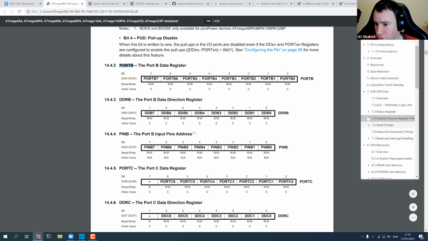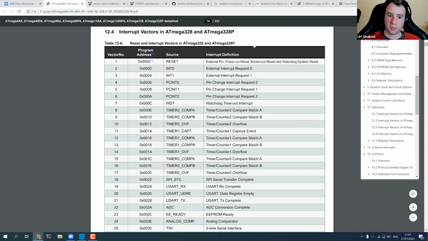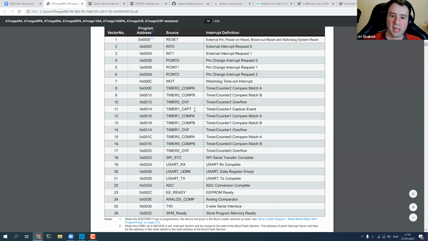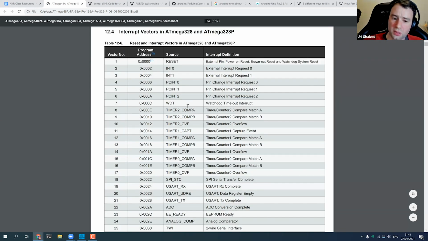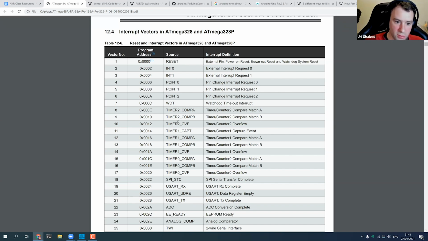I usually just search for vectors. Let's see if I can spot it real quick, or interrupts. Yep, very useful. So that's our chip, and these are all the interrupts that this chip can generate. Right now we are not going to talk about how to handle interrupts in a non-Arduino environment, or when we get to assembly, we'll probably mention that.